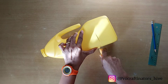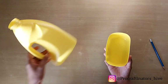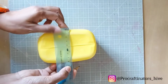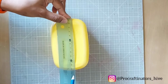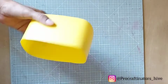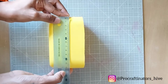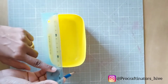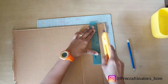For now, let's recycle some cans from our kitchen. Like you see here, I just measured this can to cut a perfect rectangular container. Just ensure the height is equal throughout. Now measure the length, breadth, and height of the container. Add half an inch to this measurement, whatever length you have plus half an inch and so on. It's okay to have some extra centimeters, but if you have less, then it will be hard to fit it